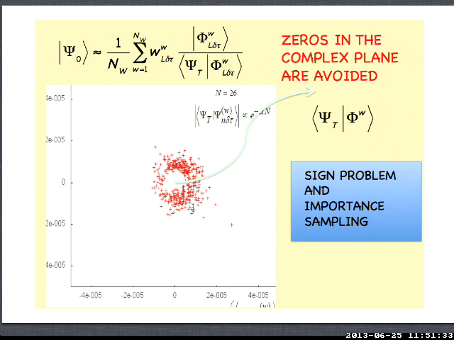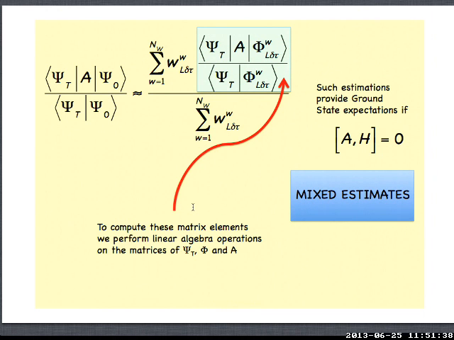If you see the scale, this actually is what happens. And from this expression, from the formalism I have presented, one could, of course, evaluate directly the ground state. I will come back to this point in a minute. But the average of observables can be readily computed. In the simplest case, for observables commuting with the Hamiltonian,